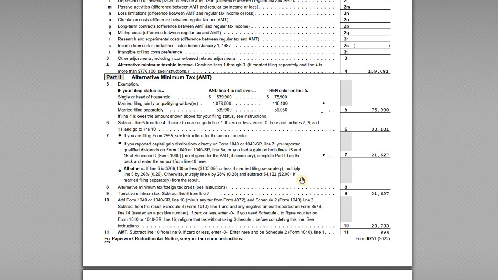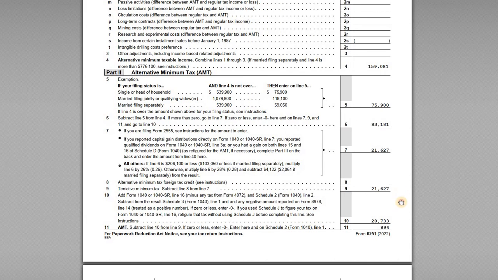But in John's example, because he doesn't have any capital gain distributions or qualified dividend income, and he's not filing the 2555 for the foreign earned income exclusion, he can reference this 3rd bullet point here, which says that if line 6 is $206,100 or less, multiply line 6 by 26%. So if John takes the 83,181 times 26%, he gets the alternative minimum tax, or the tentative minimum tax, of